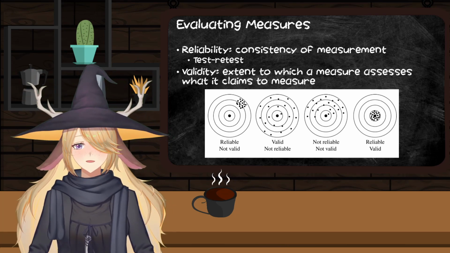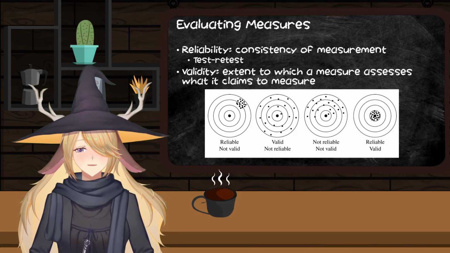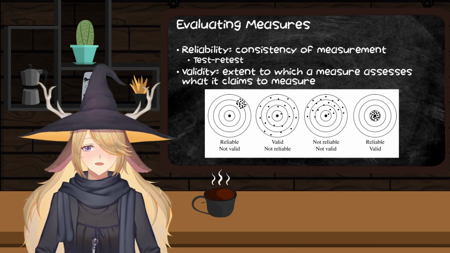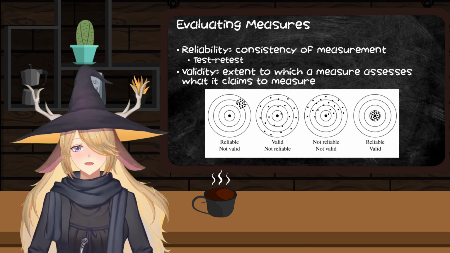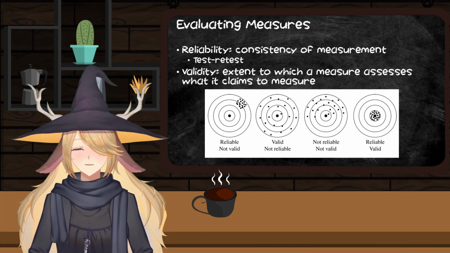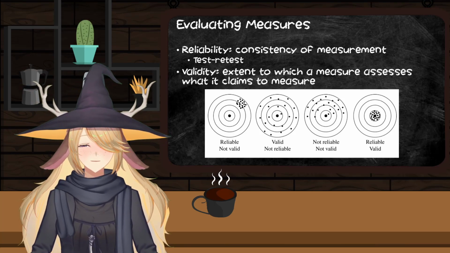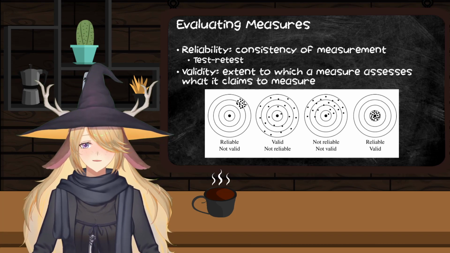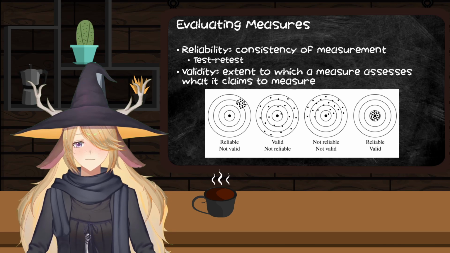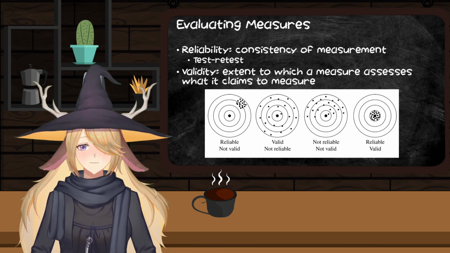So yeah, in that case, we would say height is a reliable measure, but it's not necessarily a valid measure of intelligence. You can also be valid, in this case, we see like you're on the board, but you're not reliable. You can be not reliable and also not valid. You can also be reliable and valid. But the important part is to say that you can be reliable but not valid, but you cannot be valid but not reliable. Does that make sense? I hope so.